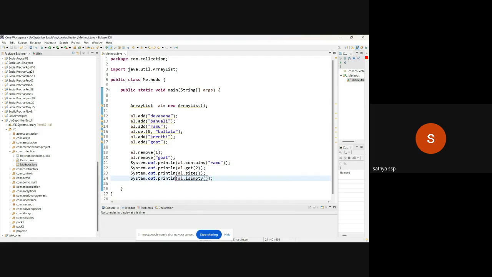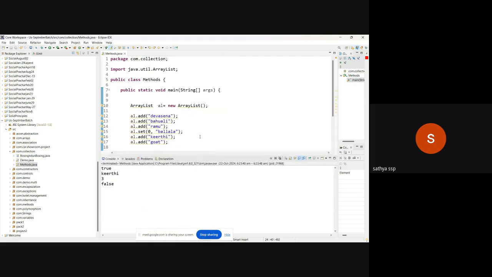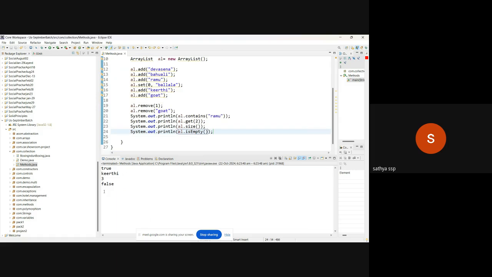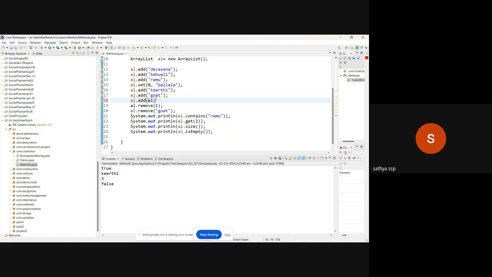Oh sorry, not executing. Click Run as Java Application. Now see, it's not empty, we are getting false. The size is 3 right now. Get of the second index value is 3. Contains Ramu, in the sense, true. After that, the first index was removed and goat was also removed. I want to add some more values, that's better for understanding. al.add of